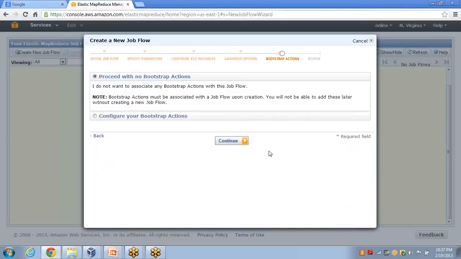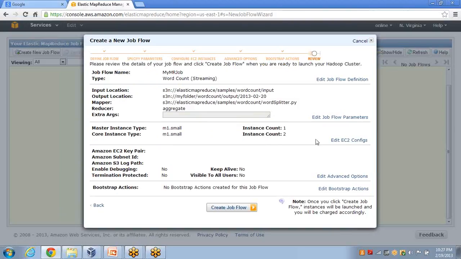Also, if you do a continue, this is where it will give you a snapshot of all that is available, the things that you have chosen. This is a default program which we are putting in, and at your MapReduce level you have this aggregate function which basically will combine all that part itself. But this is just a snapshot of the settings. You can change it. Once you click on create job flow, it will create the job and execute it,